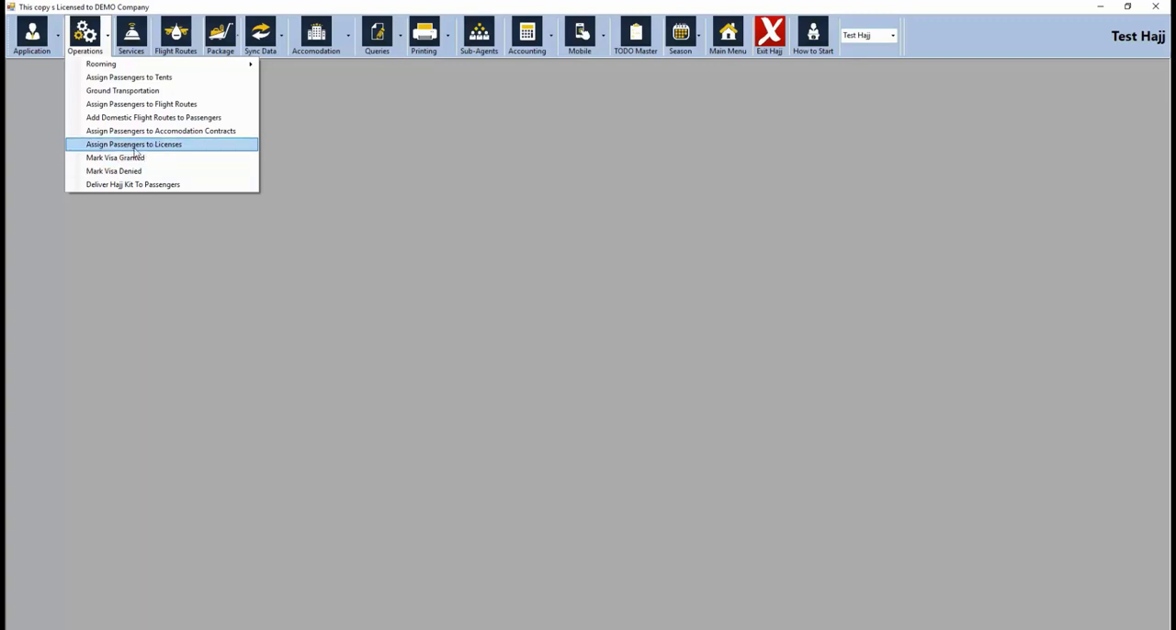You can assign the passengers to the licenses that you have. So if you have multi-licenses in your travel agency, you can assign to fill the license up. You can assign different passengers to this license. That will reflect to reporting and print out in Saudi Arabia, hotel occupation